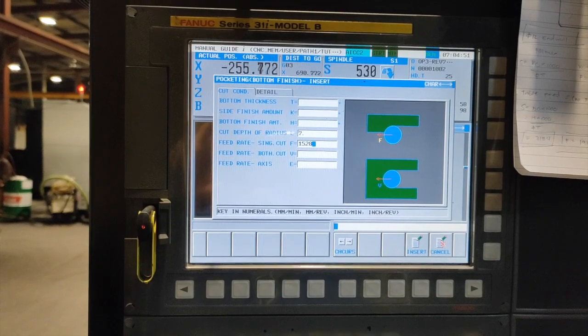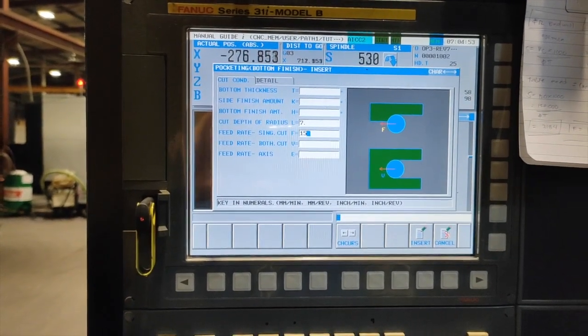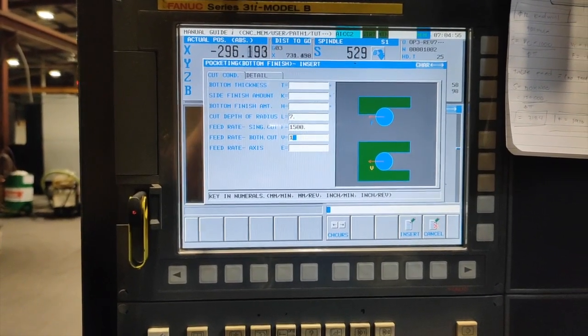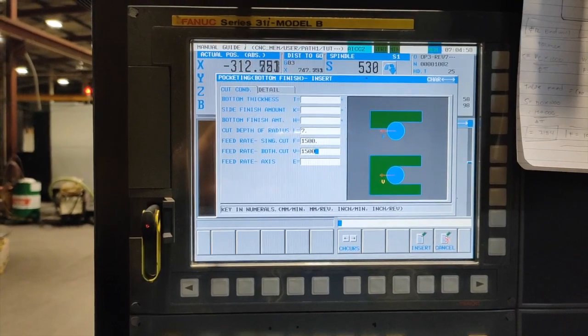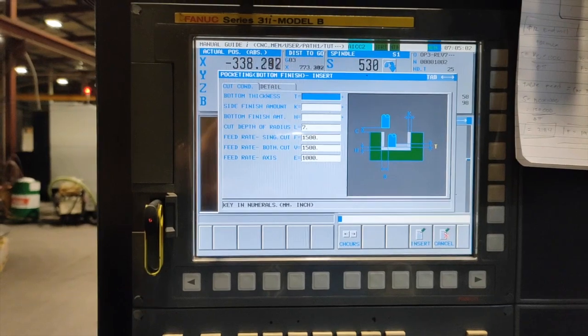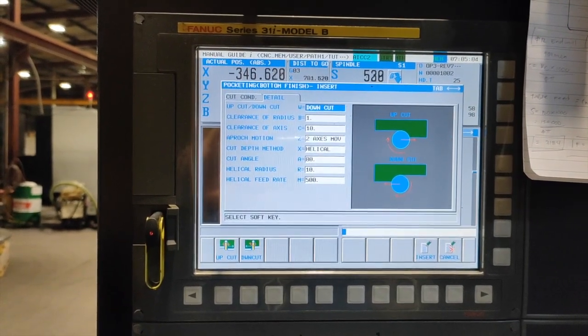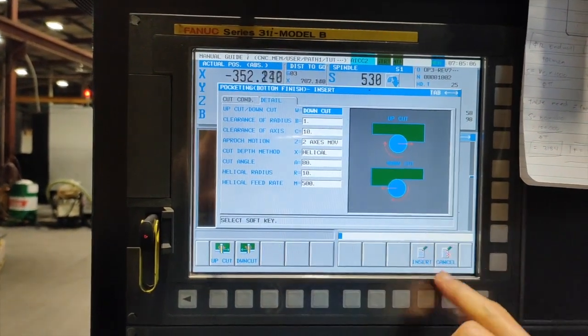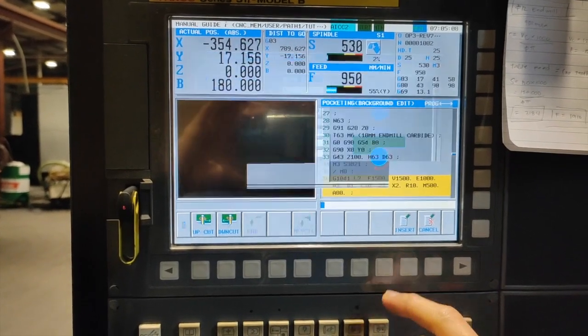So let's say we make that one 1.5, and this one also is 1.5, and our feed down is 1000. And then we go to the detail, we just leave this one the same, and insert,